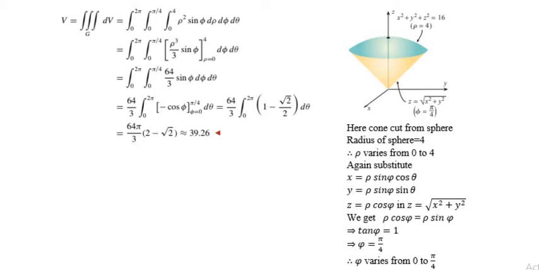So x square plus y square plus z square is equal to, say, 16 there. So we take z is equal to root of x square plus y square, substitute x and y in that. So we get phi is equal to pi by 4 there. So phi varies from 0 to pi by 4 there. And theta, as usual, is varying from 0 to 2 pi. So the importance here is to identify the limits of rho, phi and theta there.